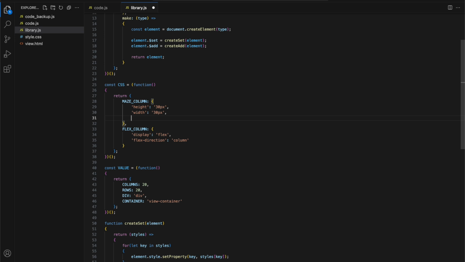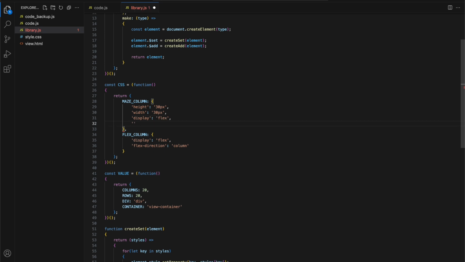that have a hyphen. And we have display, and our display was flex, and you're more than welcome to copy paste these in here from the code if that serves you, but it's always good to practice typing these things out. And then align items, so we have a hyphen there. Once again, in that case, we can't do a key like this. It has to be wrapped in a string because a hyphen isn't allowed in normal variable type names in JavaScript. So align items is going to be center,